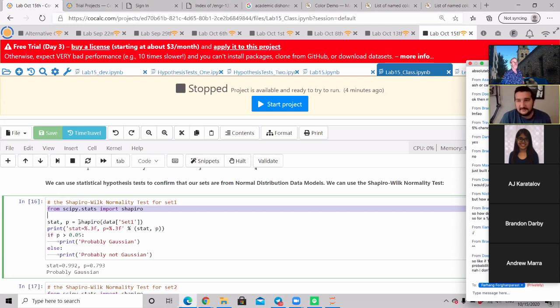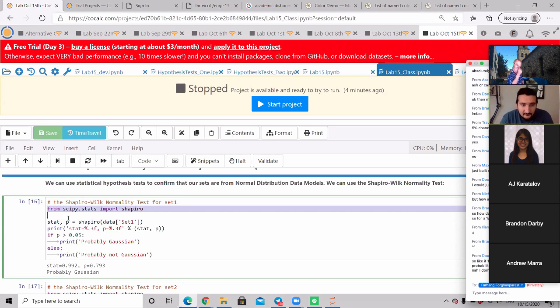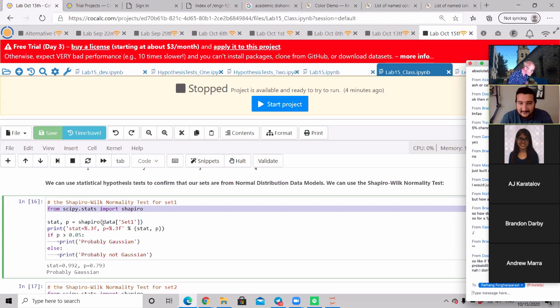And then, very similar to what you saw in the lecture, I've basically done the CCMR. I have copied it, citing Dr. Cleveland's lecture, and modified it for my data. I'm running this test for my set 1. So this is what I will feed to my Shapiro function. And then if I run it,